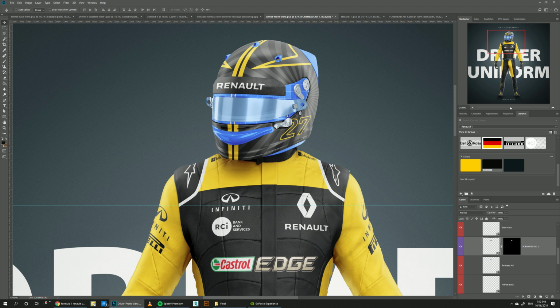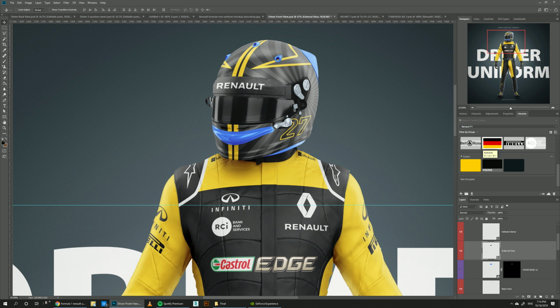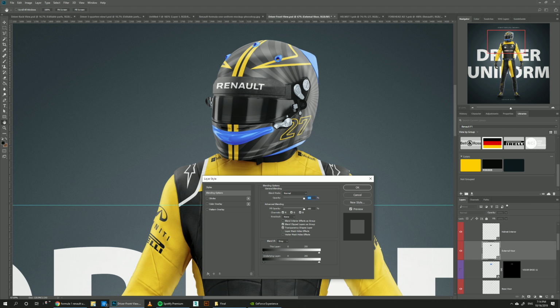Now we need to make the extra parts of the helmet black, so we can go to the base here, make it black, and just hide the extra layer. External visor. So with the visor here, we can just go here and